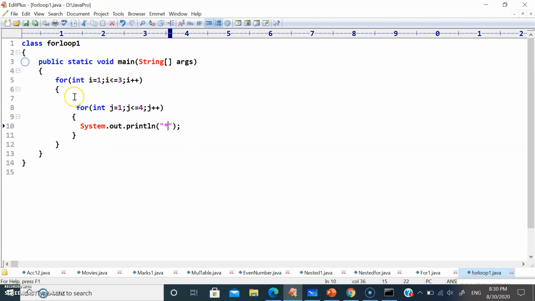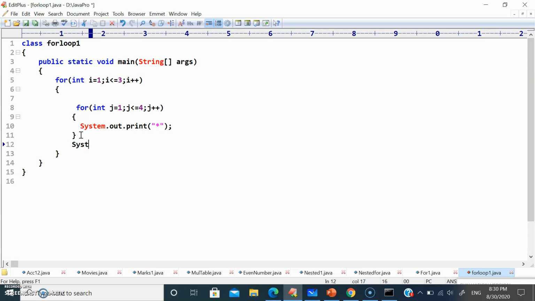Let me save this. When i became 1, j also became 1, it prints a star, and j became 2, it prints a star. We want to print the stars on the same line, so I'm going to remove ln from println. Once it prints stars on the same line, it should come to the next line, right?